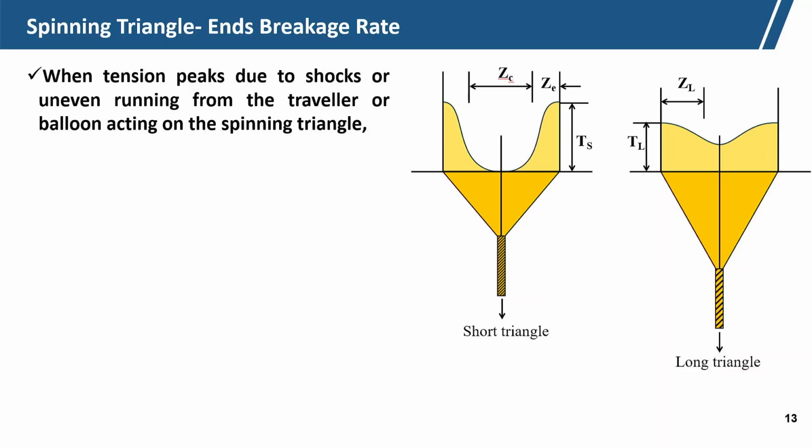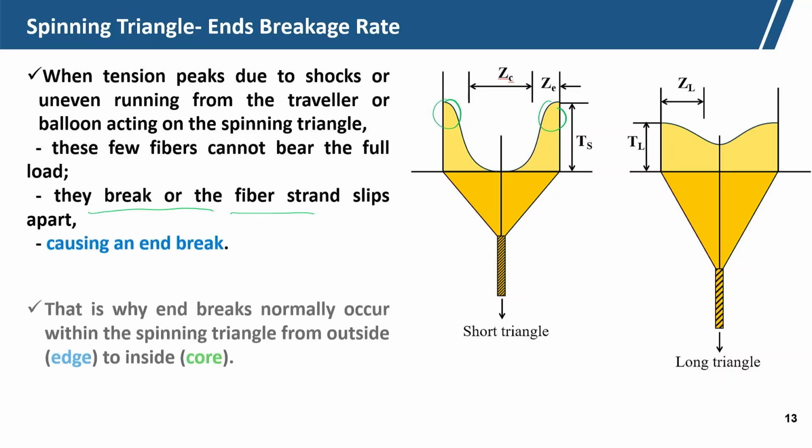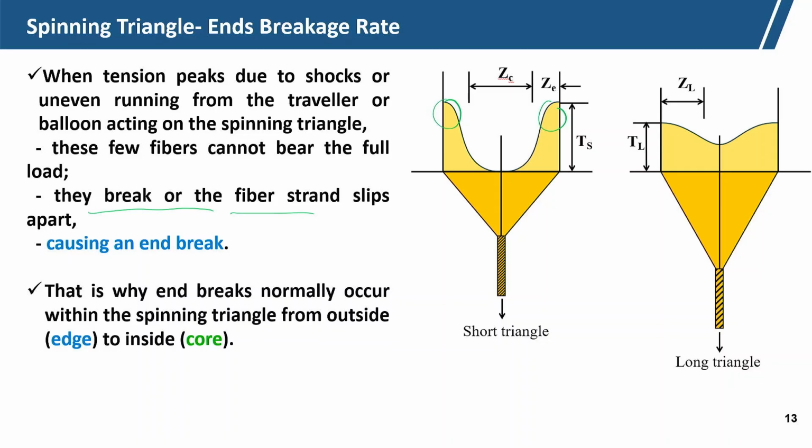traveller or balloon acts on the spinning triangle, these few fibers cannot bear the full load. So, only few fibers cannot bear the full load, that is why the breakage starts from the H fibers. So, the fiber strand slips apart, causing an end breakage. That is why end breakage normally occurs within the spinning triangle from the outside H fibers